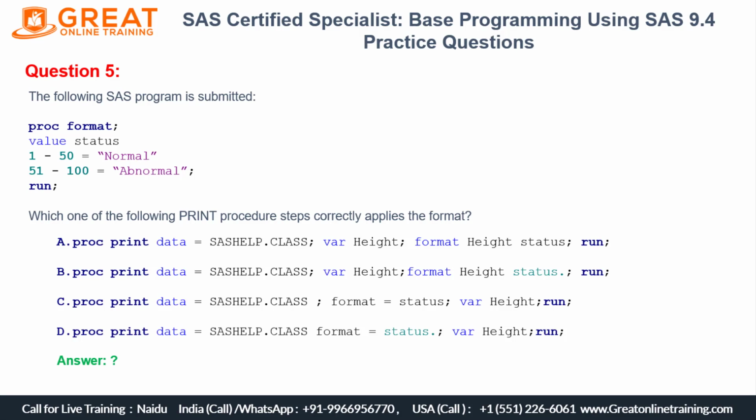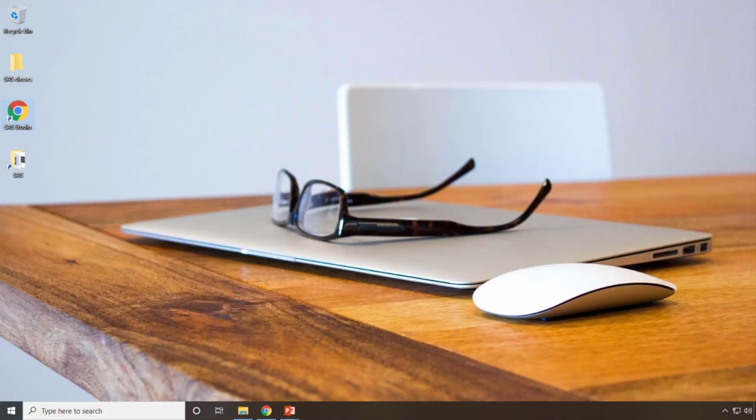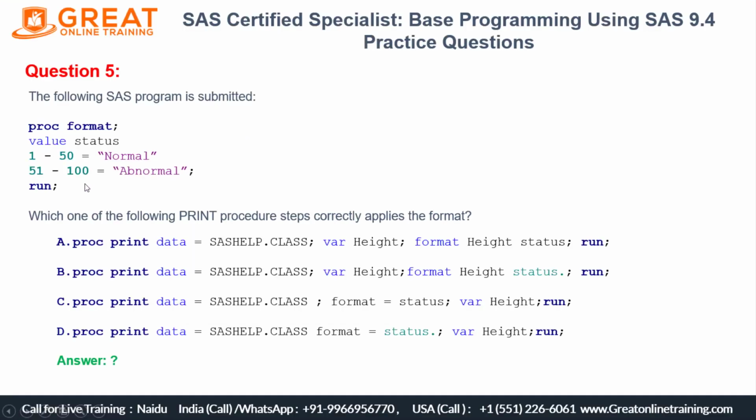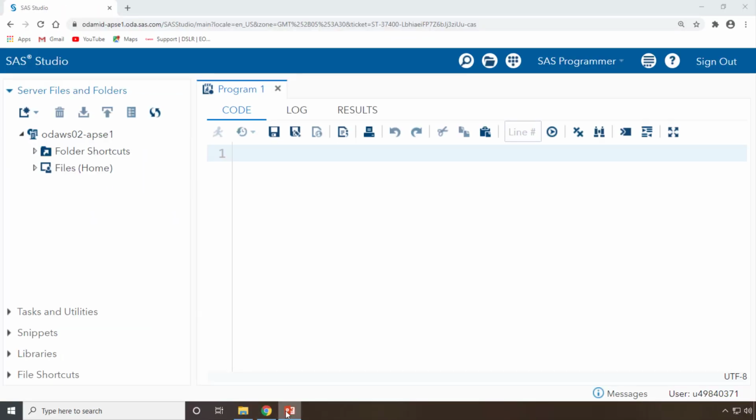You type it in at your end using your SAS Studio and just try to do it the same as me. So pause this video, open your SAS Studio, and do it with me. For that, first of all, just open your SAS Studio, which is there on my desktop. Let me copy the program that I have created here.